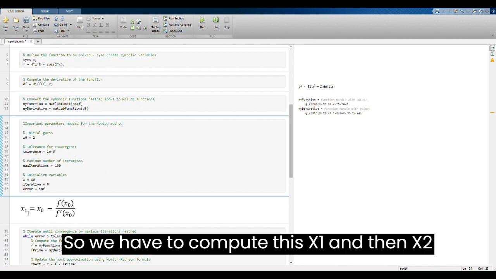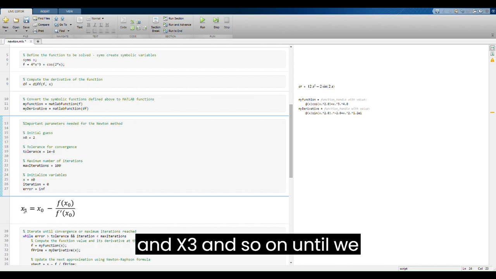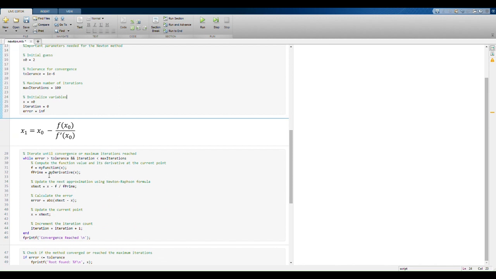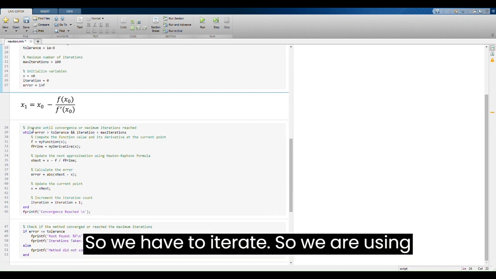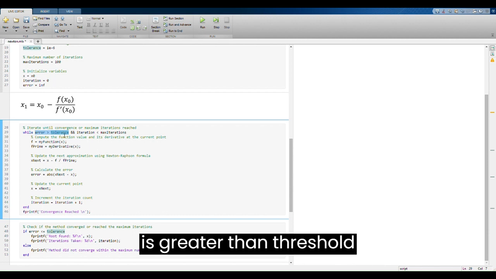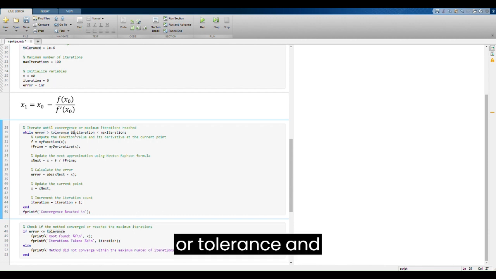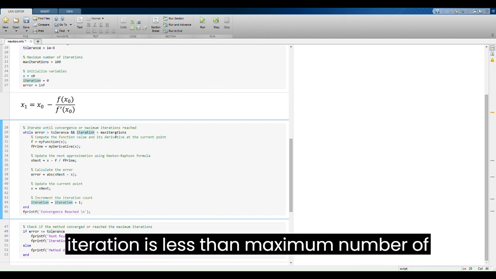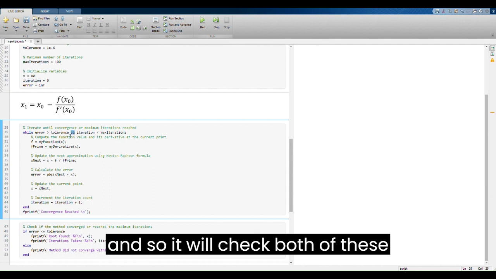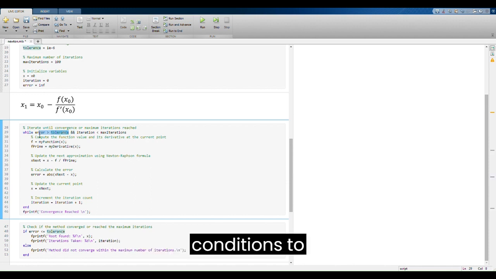So we have to compute this x1 and then x2 and then x3 and so on until we meet our criteria. So we have to iterate. So we are using a while loop here, and the while loop is checking whether our error is greater than threshold or tolerance, and iteration is less than maximum number of iterations. Since here is an and, it will check both of these conditions to meet